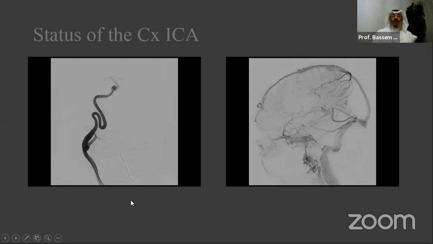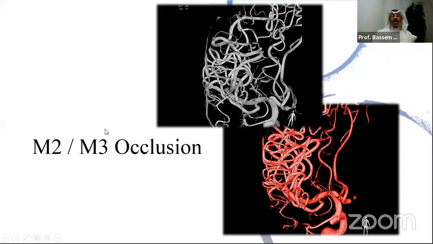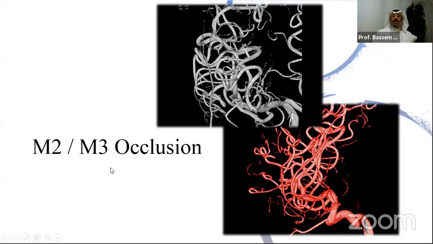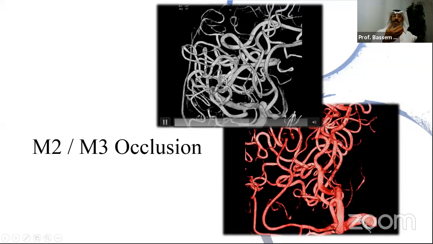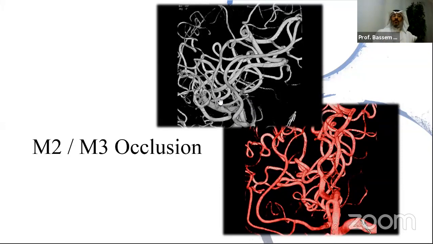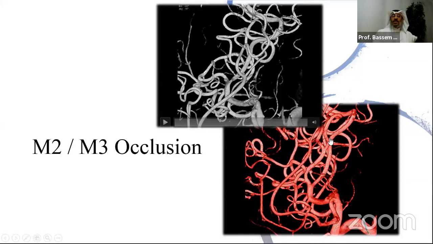Now, if we move toward a more distal occlusion, it is more debatable because with the M3, some of the interventionists will argue against the benefit of it. We say that it depends on a case by case basis, if the patient is affected clinically, even if it is a distal occlusion like this one, taking the distal M2 and the M3 site where it is recanalized successfully, and